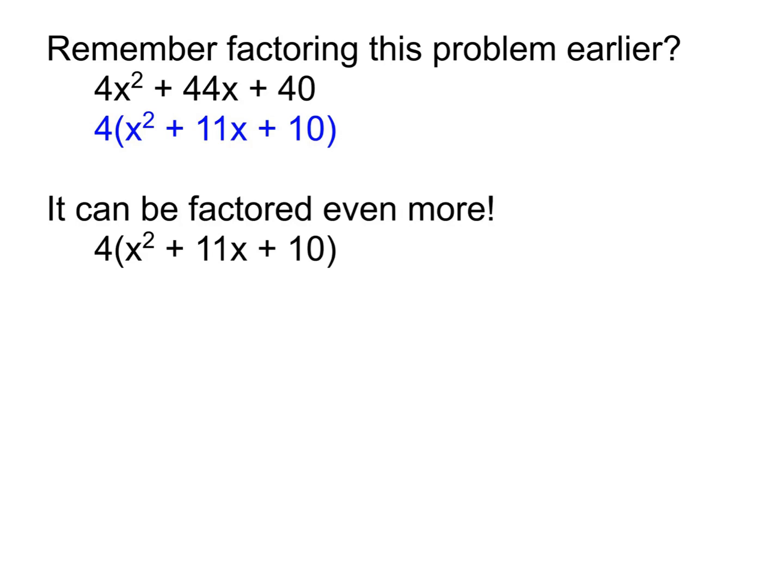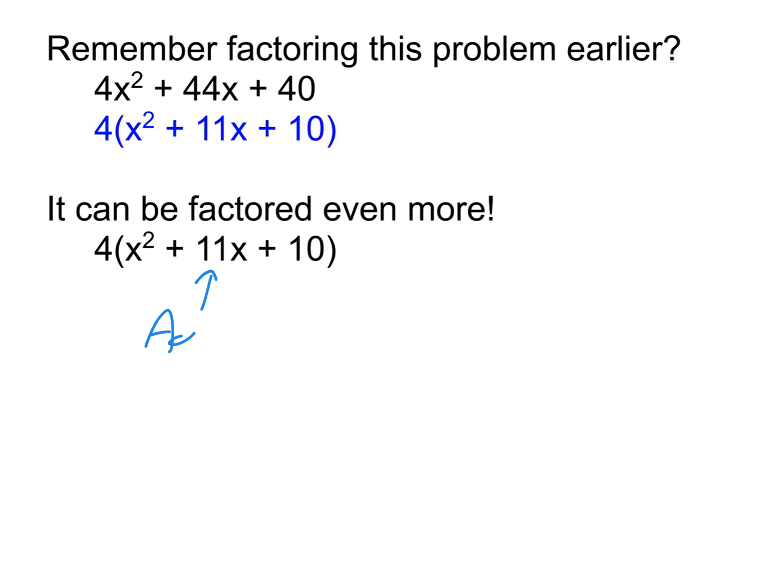We're going to do one more problem here. Remember earlier I had you factor this problem, 4x squared plus 44x plus 40, and we got this. Notice in this problem, it can actually still be factored using what we just learned. When you see a problem that looks like this, we start by factoring out that number from every single term to get this. But then once we have that, we can actually still factor this quadratic, the x squared plus 11x plus 10. We do that by figuring out what two numbers